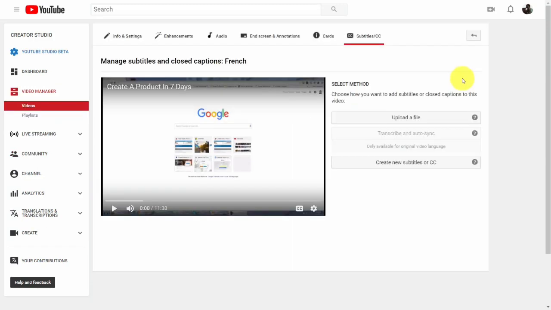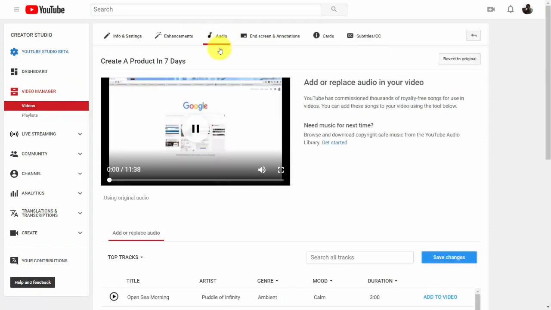Welcome back. Now, depending on what your live stream is and what you're trying to do, another part of the post-production process may be to add music. And you can do that inside of your video editing screen by going to this link that says audio. And when you do that, what you're going to notice is that you can add or replace audio inside of